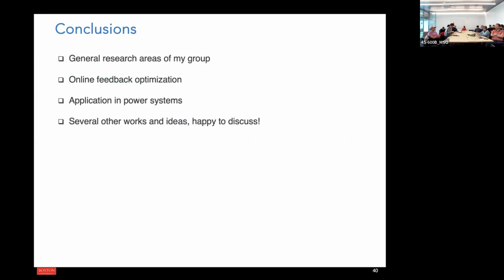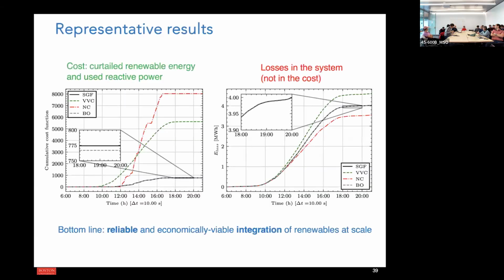Yes. Can I ask about your definition of costs there? Why is there a cost of curtailing renewables? Isn't that free, basically? Well, this is what we associated the cost to, the amount of power that you curtail, because this is what you can't use in principle, right? So it's like the penalization that we get for not providing all the power that we could provide. Right, okay. But that power is free, though. No, that is true.